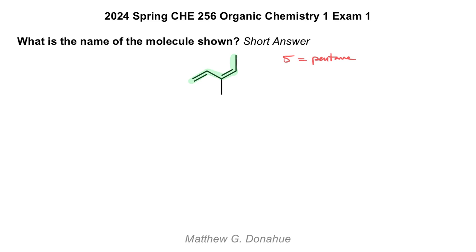And we can see that it's a conjugated diene. So we're going to change the ane to a diene ending. And we can see that if we start numbering 1, 2, 3, 4, 5, the double bonds start at 1 and 3. So we're going to call this a 1,3 pentadiene. We can see at the 3 position there's a methyl group. So we're slowly building up this name. So 3-methyl, 1,3